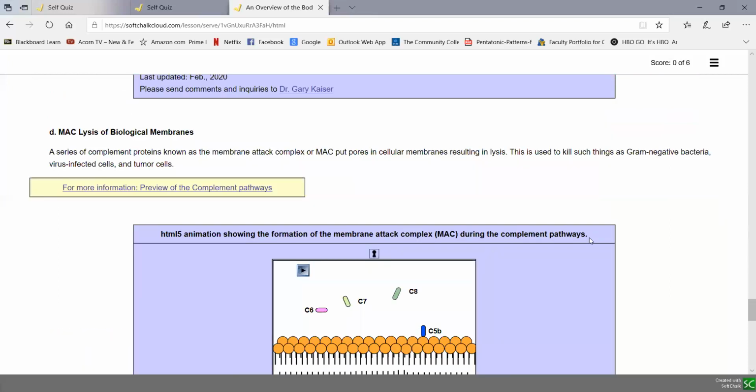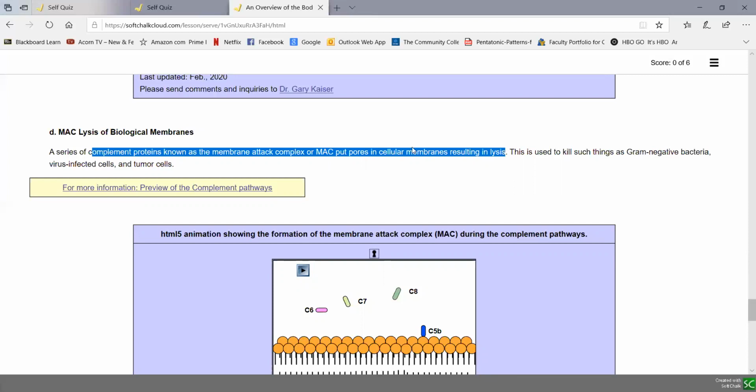And the fourth benefit is called membrane attack lysis of biological membranes. So a series of complement proteins form what's called the membrane attack complex, or MAC. This puts pores in cellular membranes, resulting in cell lysis. And we do use this to kill gram-negative bacteria that are surrounded by an outer membrane, also to kill virus-infected cells and tumor cells. This won't do any harm to peptidoglycan because it's not a membrane, but it will damage